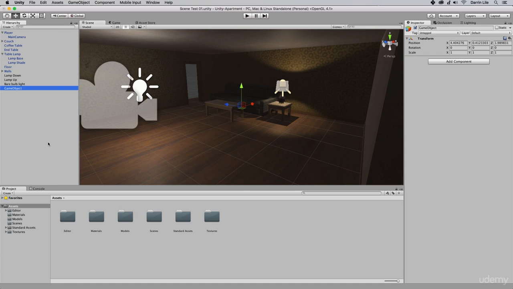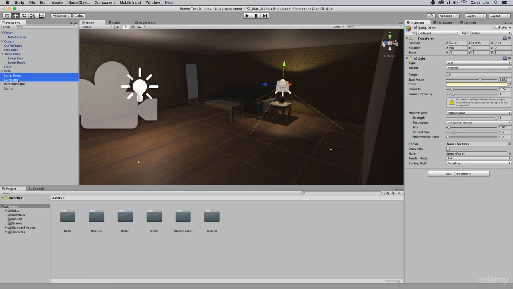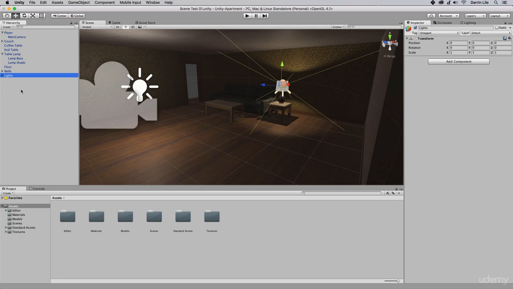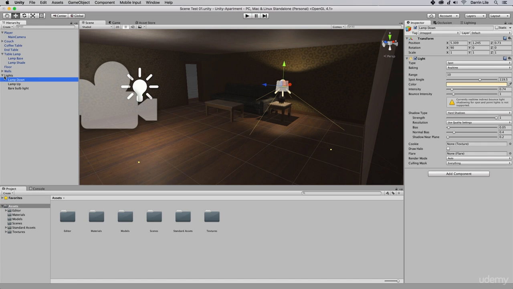So I'm going to create an empty, and it automatically puts it over here in the center of my viewport. But what I want it to be is in the center of the scene. So I'm just going to type 0, 0, 0 for the X, Y, and Z over here in the position. And I'll change the name of this to lights. There we go. Now I can take these lights in the scene and drag them into that empty game object. And what that does is it pretty much creates a type of folder, right, that we can use to organize